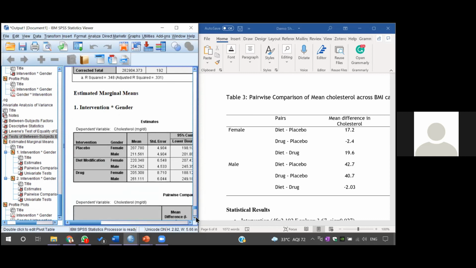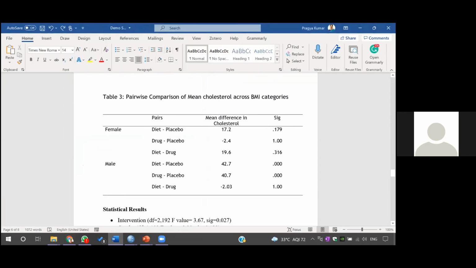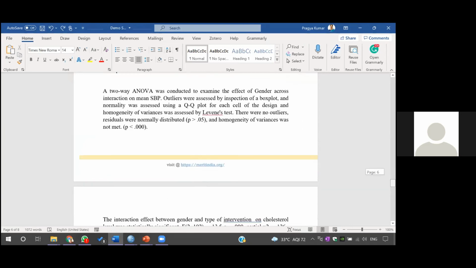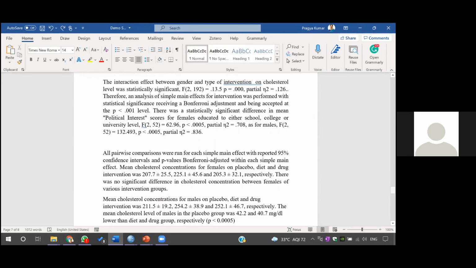And then this you will also include, and then ultimately you will write the interpretation. In the interpretation also, we can see that the two-way ANOVA was conducted, and again the QQ plot and everything you will include. And then you can write similarly that there was an interaction. That's why there was an interaction effect between the gender and type of intervention. So that's why this was statistically significant. Therefore, the analysis of simple main effects for intervention was performed with Bonferroni adjustment. There was a statistically significant difference in